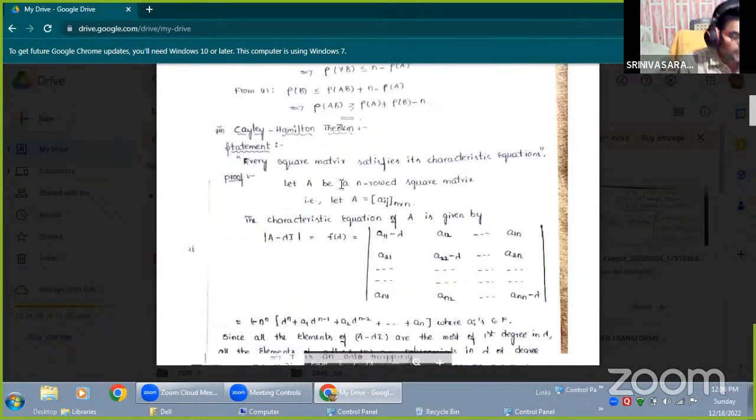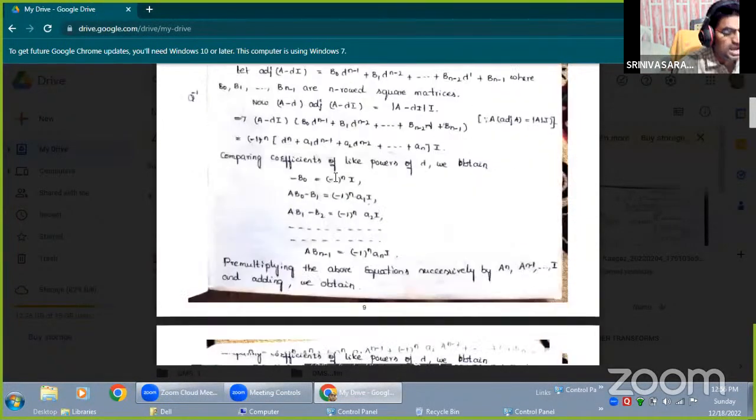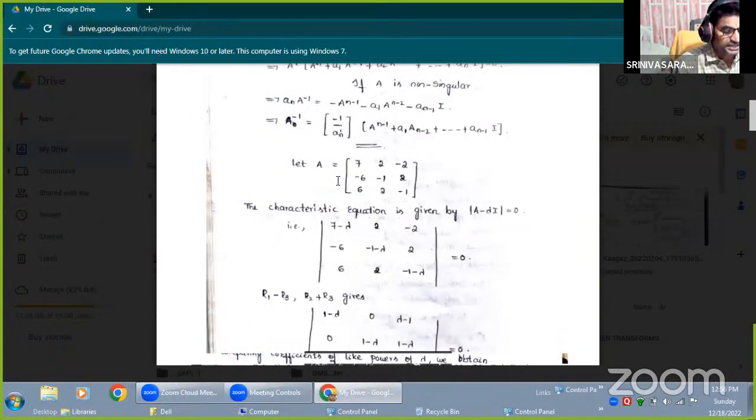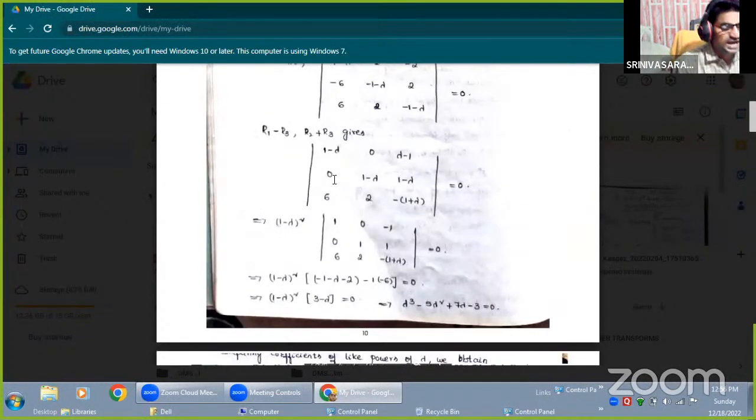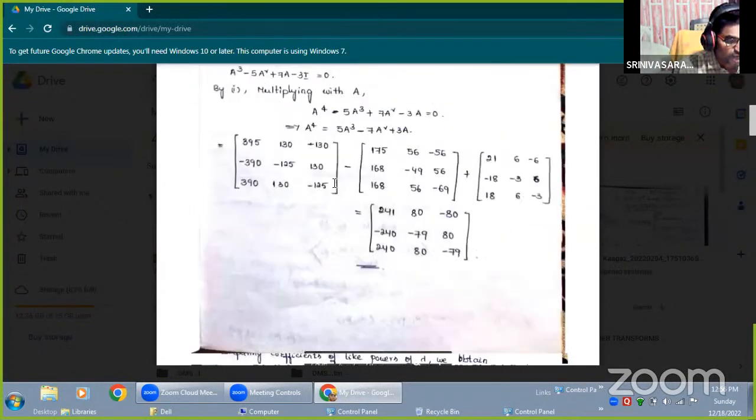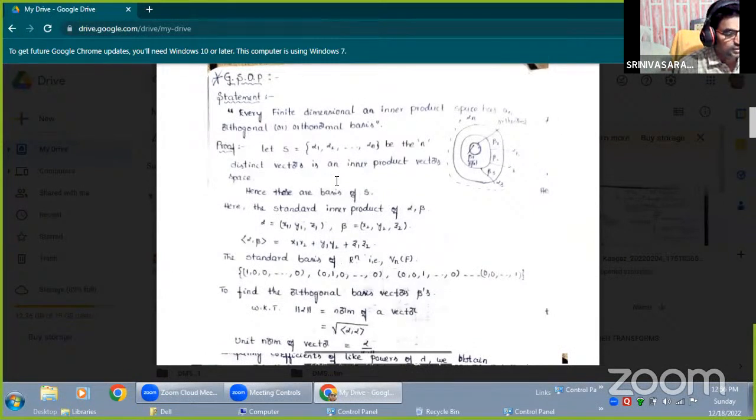Now this is one of the important theorems in matrices, the Cayley-Hamilton theorem. Without this theorem, we can't expect the question paper. State and prove the Cayley-Hamilton theorem. This is the matrices part. The proof is also very important. State and prove the Cayley-Hamilton theorem, and using this theorem, practice to find the characteristic values and characteristic vectors. These are all problems. Without this one, we can't expect